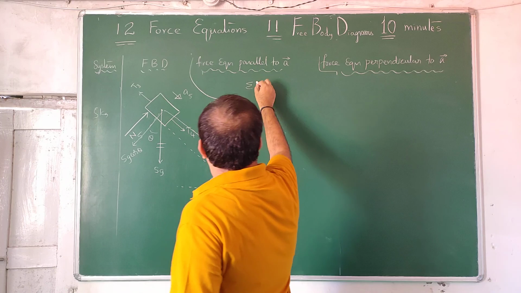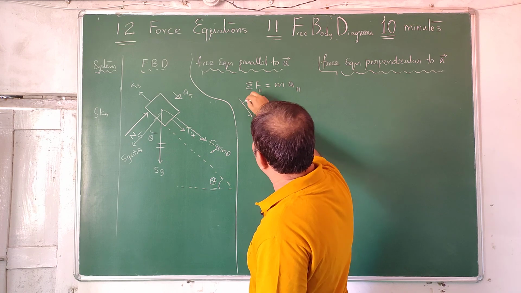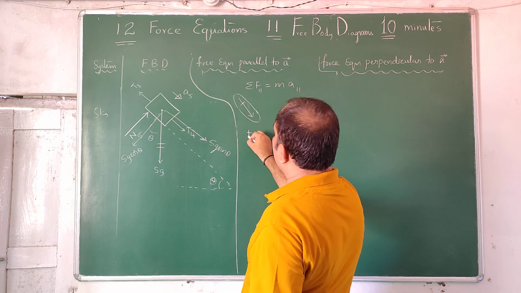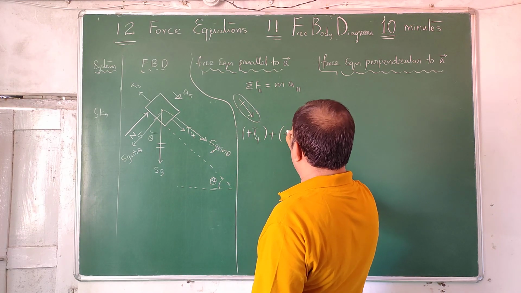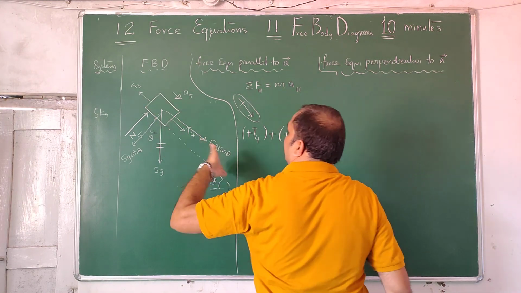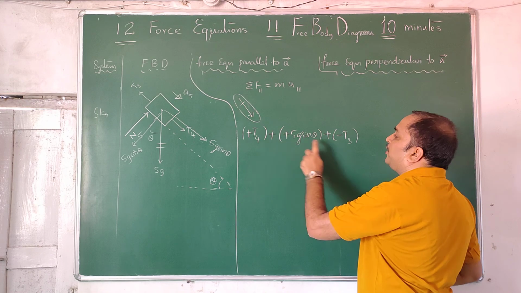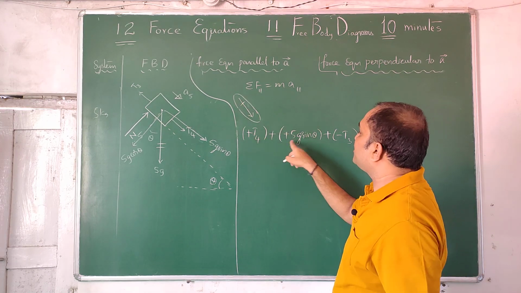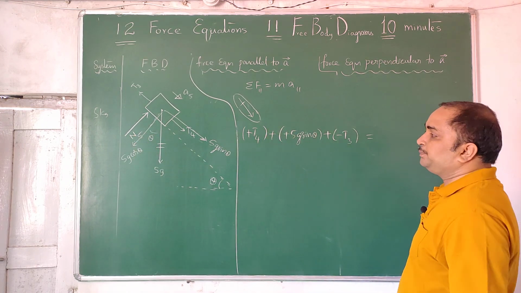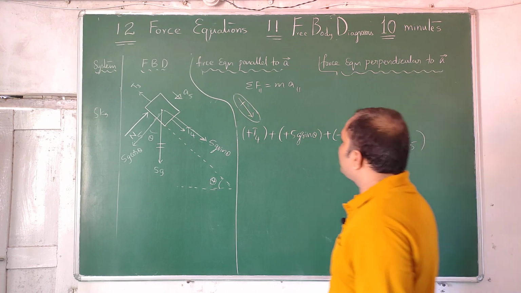Now sigma F is equal to ma, parallel to the acceleration, parallel forces to the acceleration. This direction positive. You can take any direction positive. In that direction, any force is, yes, this is there, this is there. So plus T4 plus of plus m g sin theta. Next, this is also force in this direction only, plus of minus T3. Don't write minus T3, plus of minus, because summation, add all you have to add along with the sign. Anything in this direction positive, anything opposite direction negative. This perpendicular component, no need to take it. So it is equal to mass of the system is 5 kg, acceleration in that direction plus A5. This is the force equation.